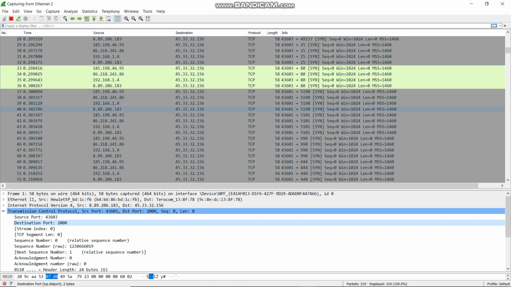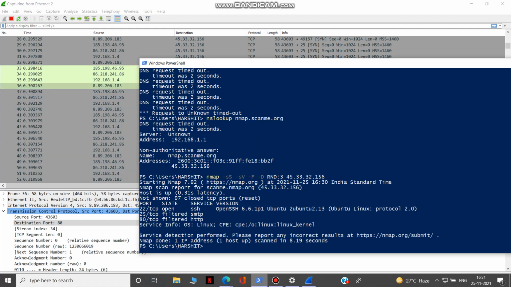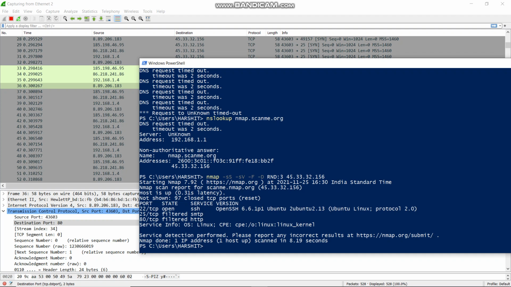Done. Now here you can see 185, 86, and 192. This one is my IP, and these three are random IPs which I used in this command, RND 3.